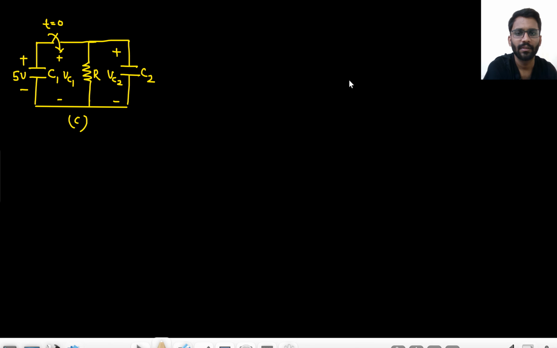Okay, so I will draw the circuit. So this was our third circuit. So, circuit at t equals to 0. Now tell me what will happen at t equals to 0. So try to solve it on your own. Okay, this is a very good example and you should solve it on your own because we have studied a lot